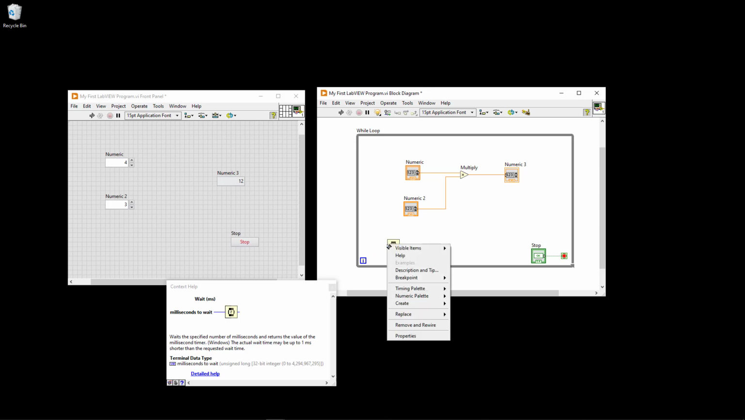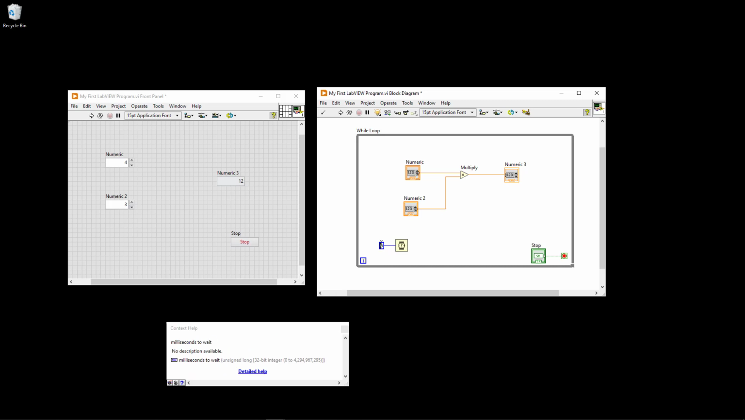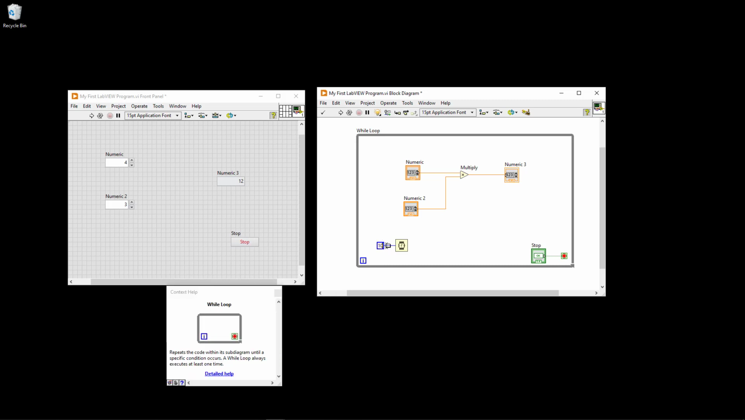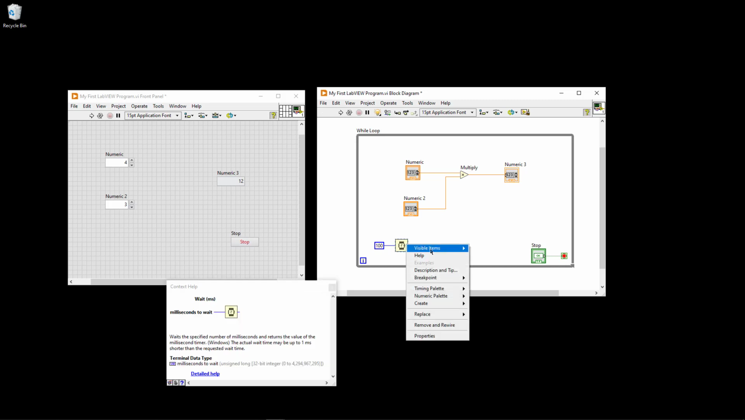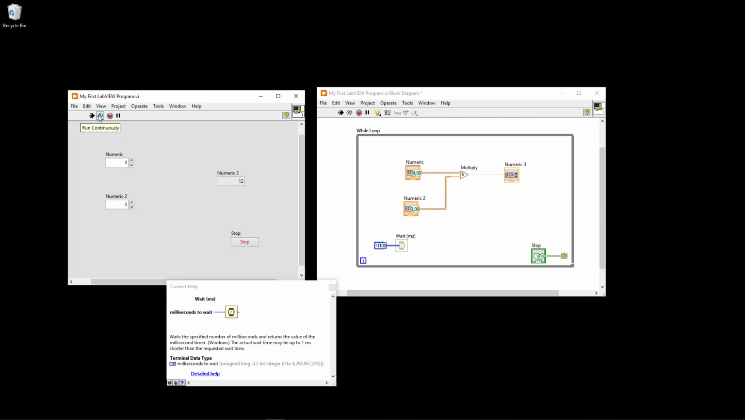So I right click, create a constant like this. Then here I can enter the number of milliseconds to wait in my while loop. Assuming I just type 100 milliseconds, I can also show the visible item and the label like this. So now when I click on this run button, the program will be